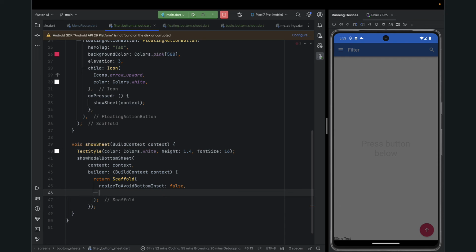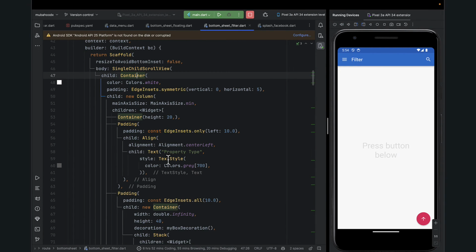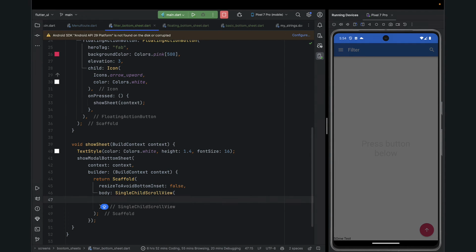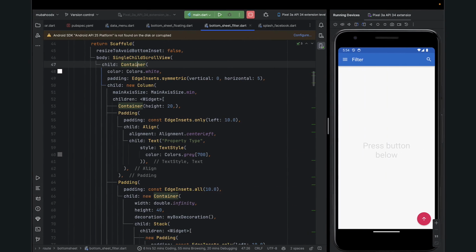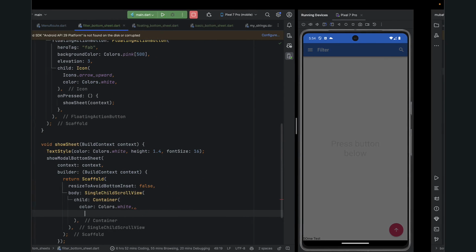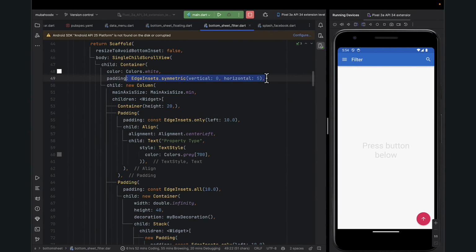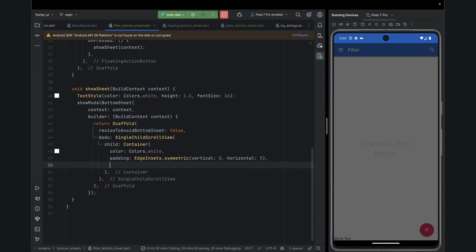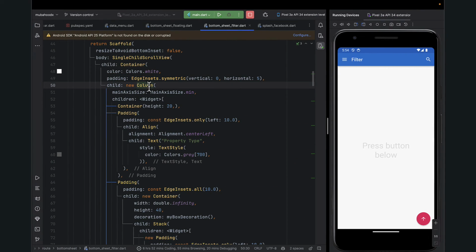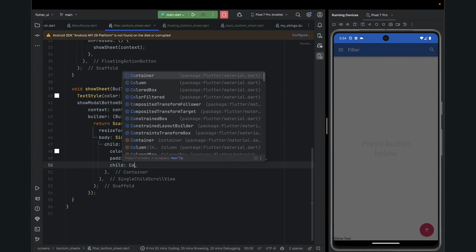Single child scroll view as its body. And then inside that single child scroll view, you're going now to pass the container that's going to display the rest of the information. So it's going to take child and put container, and then inside that container, we're going to give it a color of white, and then inside this container, we're going to give it some padding, and then give it a column. This column is going to put our items that you want to display. Right, so let's go ahead and say child column,